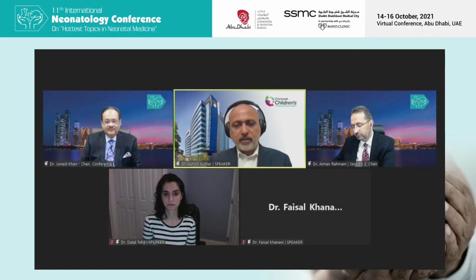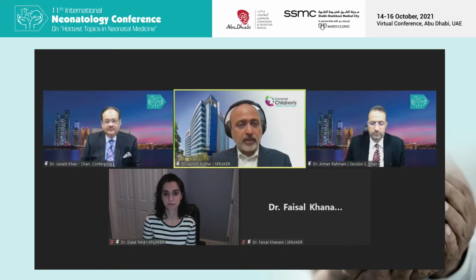But we now have a new treatment that is approved, at least in the US. It is not approved in Europe at this stage. That is Gamifant, which is a monoclonal antibody against interferon gamma, known as emapalumab. And I think it is available in the UAE, or at least the company is trying to make it available. The advantage of these treatments is that they block the cytokine without causing immune suppression. So, unlike etoposide that will cause neutropenia, these drugs don't do that.